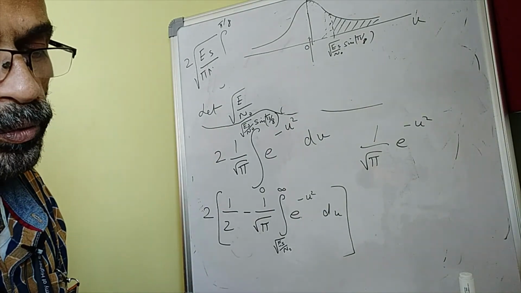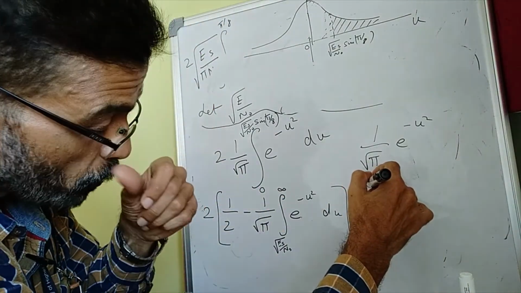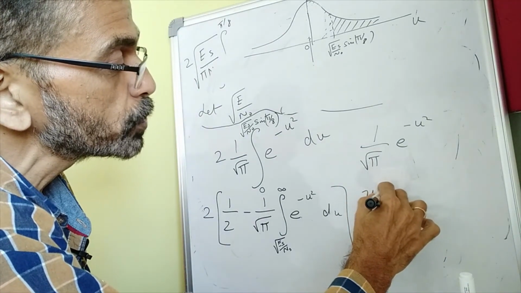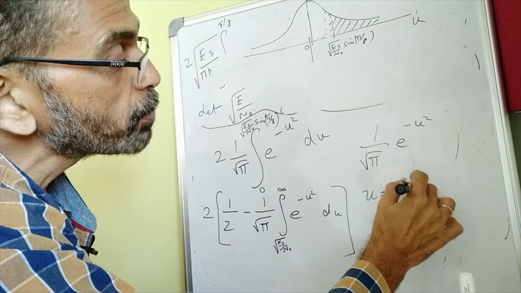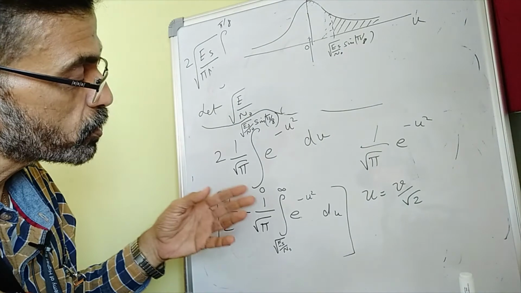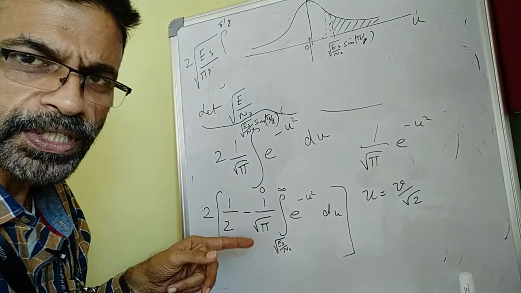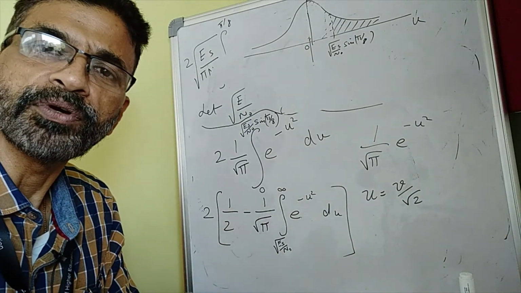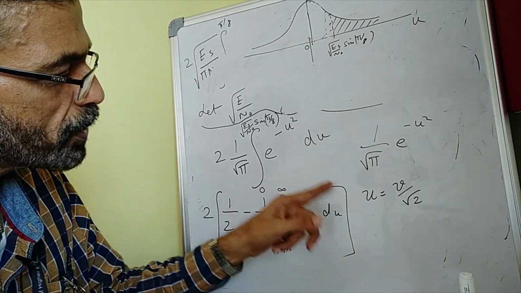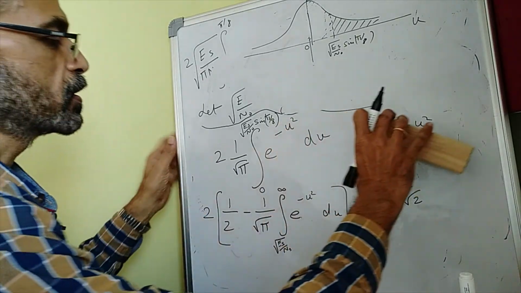And you can again go for a second substitution. Probably this second substitution could have been incorporated in the first substitution, but I didn't do it. You can go for a second substitution, say u is equal to v by root 2. Once you make this substitution, it is possible to express this as a Q function. I will not do it. It's left as an assignment for you, a small exercise for you. Make this substitution here, and you will be able to write this in terms of the Q function, and the result will be,